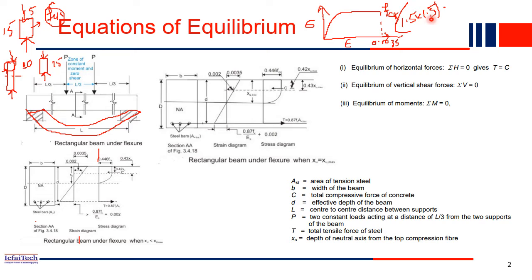So now how much did you get? FCK divided by 1.5 into 1.5, which is nothing but 0.446 FCK. You can compute it yourself: FCK divided by (1.5 into 1.5), both divisions applied. So now we have 0.446 FCK. For design purposes, we won't consider the entire FCK. We will consider only about 44% of FCK for our design, to be on the safer side.